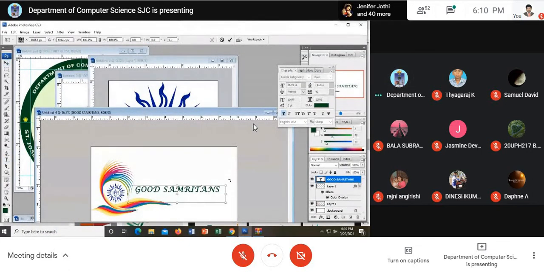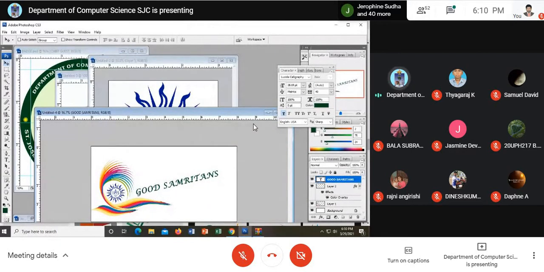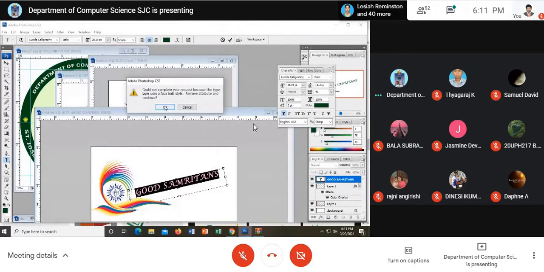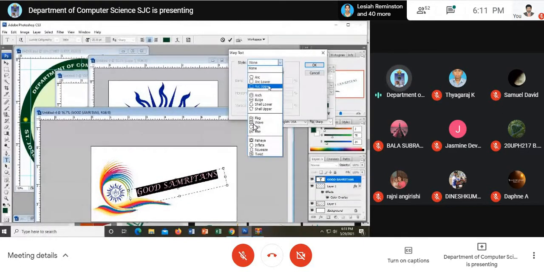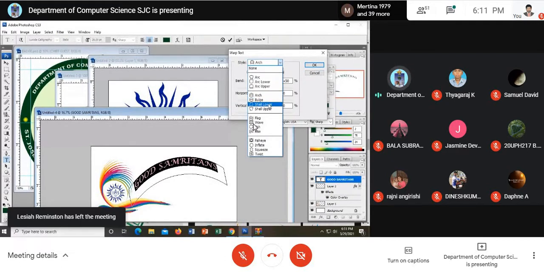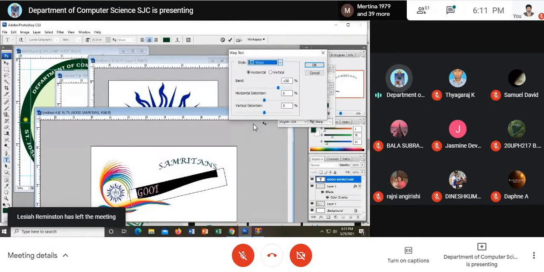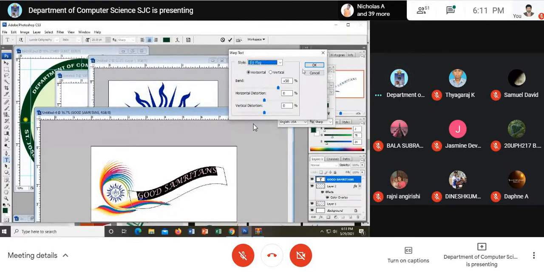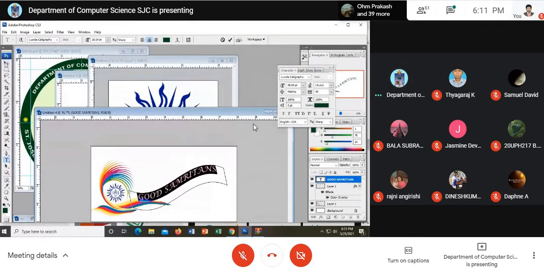I'm just rotating a bit, or I can even use what we learned just now. Look here, text warp. I just click here and can choose. See here, arc, or maybe wavy, like flag or wave. Am I clear? See, you can even do it like this.